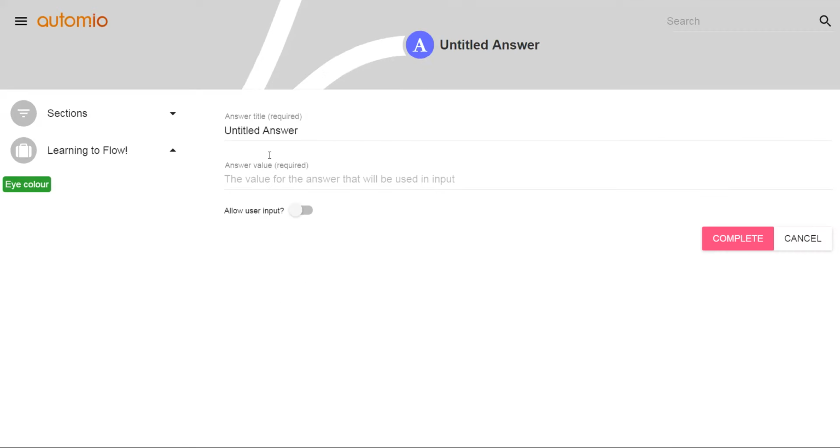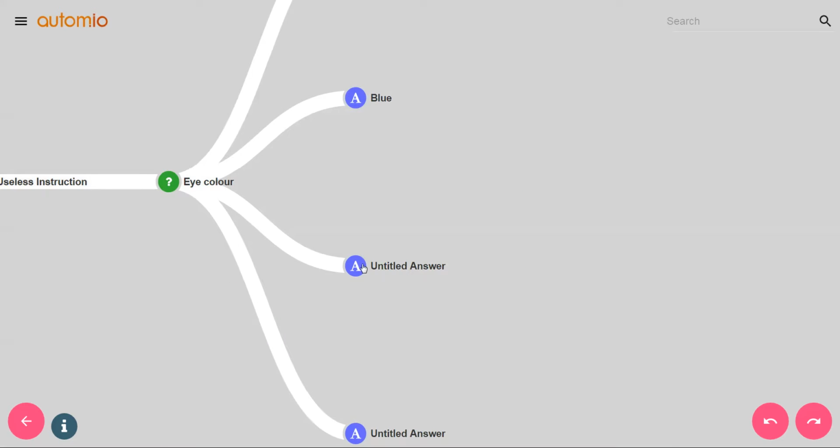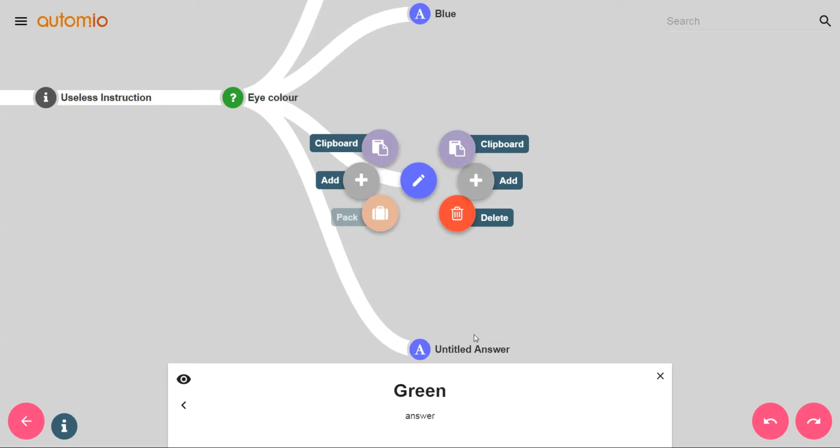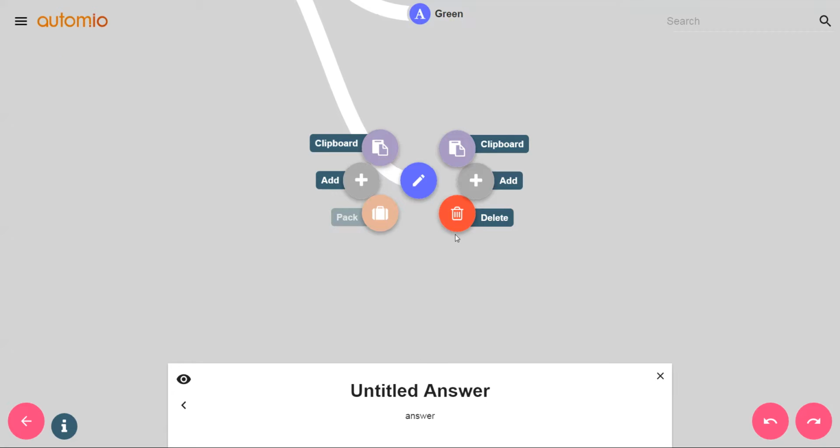So I'll go to another one of the answers and I'll edit that. Blue. I'll do the same thing that we did. There's many ways to use this answer value, but I'm just going to show you a simple example so that we can carry on. And then why don't we use green eyes here, and I'll show you how to use the delete now because I really don't want that fourth option at the moment. I'm going to click on it and I'll press the delete button,